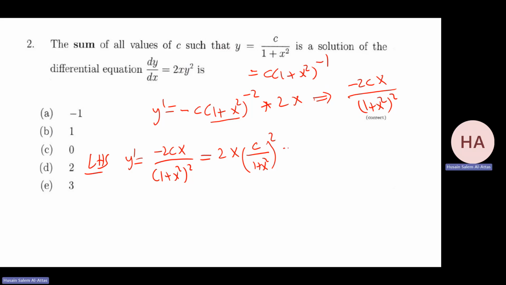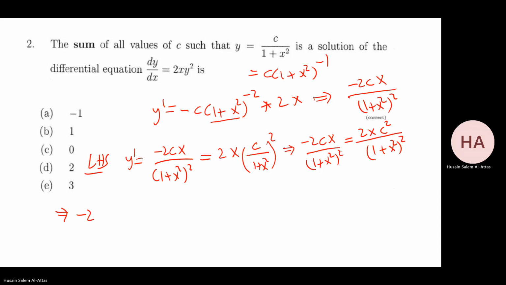Okay, so that means I have minus 2cx over (1 plus x squared) all squared equal to 2x c squared over (1 plus x squared) all squared. Okay, that means I need minus 2cx